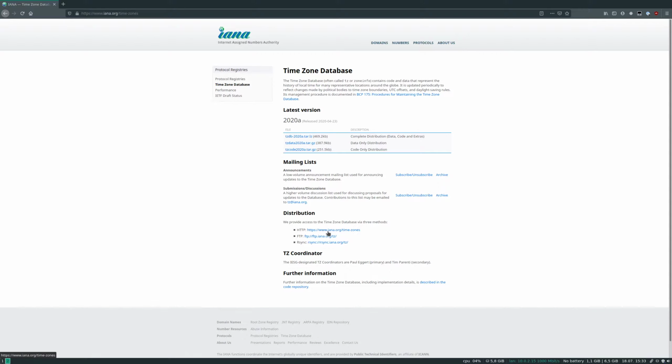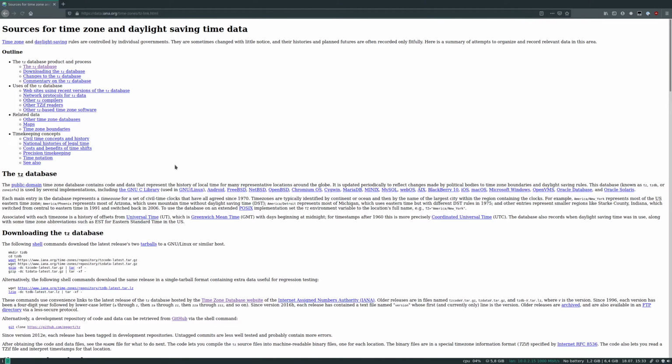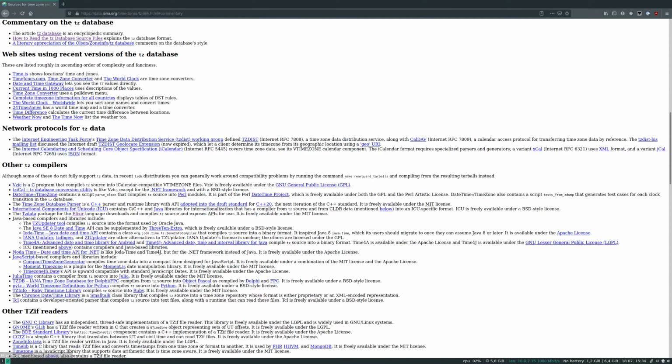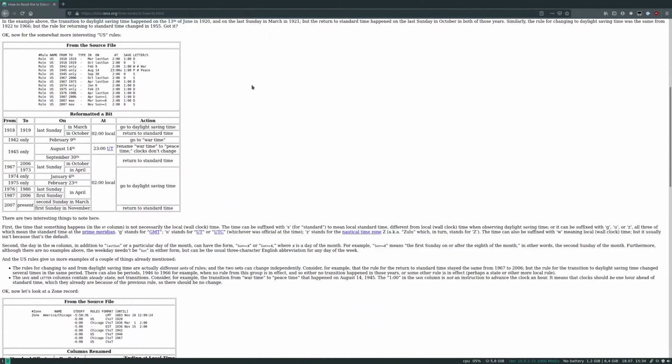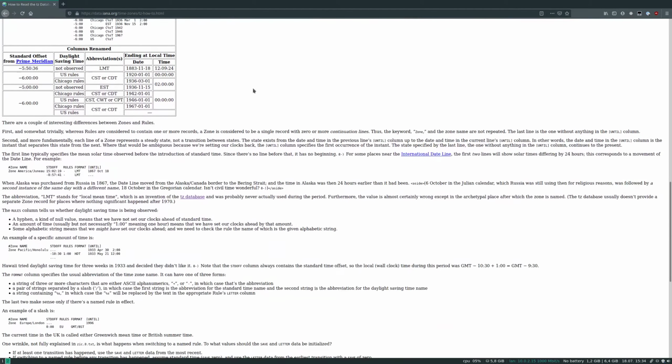So let's find it. I always struggle finding it back. Okay, yeah, here we are. Commentary on the TZDB database, how to read. So we got rules, we got zones.